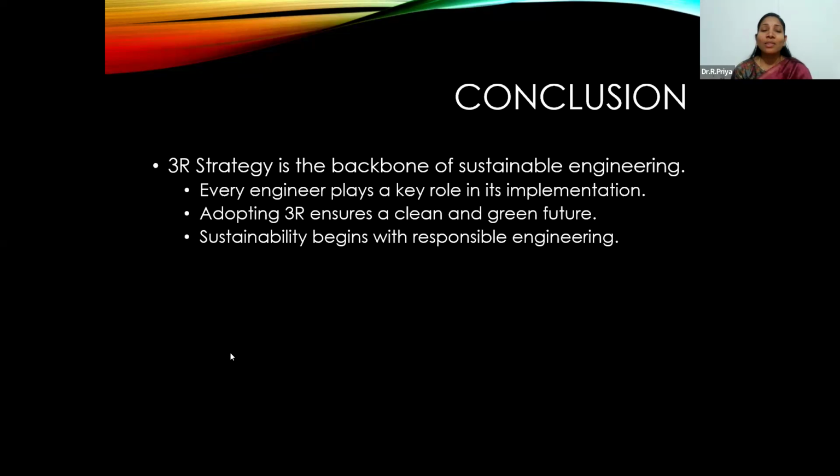But we management people are just motivating and helping you. As engineers, you know the exact terms and everything very well about how we can recycle the water bottle. As a management faculty, I am just giving tips: okay, it is possible to produce cloth drying ropes and some other roping. I can tell the tips, but the engineers have to find out the technology, how we can go for recycling.